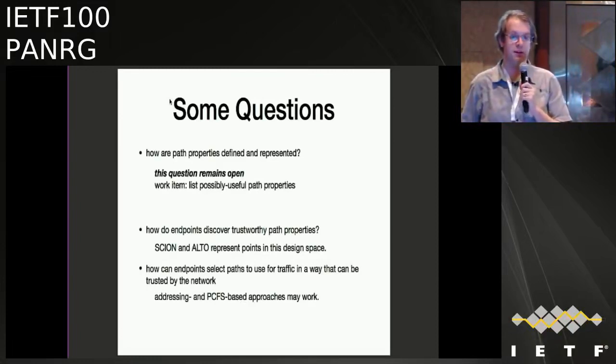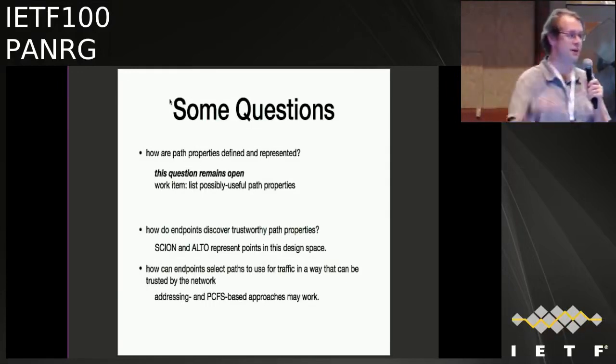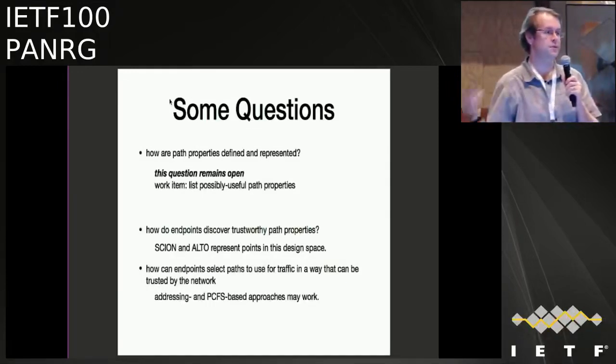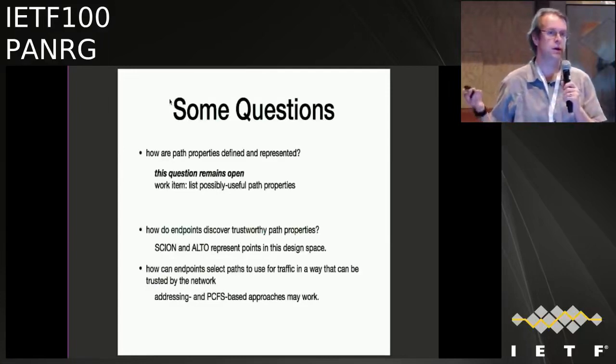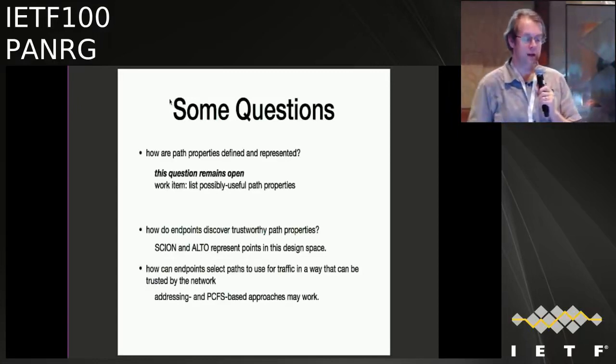So how are path properties defined and represented? You could call this a closed question. Everything that does anything in exposing path or even last hop information to the endpoints must have its own vocabulary in order to say it. So ALTO has the cost maps and the network maps. The PVD has this extension thing where you have key value pairs, and some of the points in this key value pair space are assigned. For example, I think metered is one of the things, and that has a meaning.